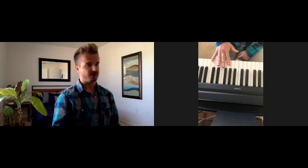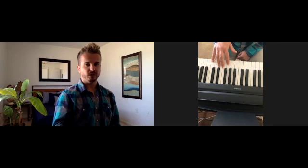Okay, I promise that I will mention the difference between half step and whole step. Before we go there, I first want to talk about the position of your hand while you're playing piano. You will see some videos where people are playing with their fingers flat like this. I'm not saying you cannot play this way. It's much harder though. I want you to always think of having a ball in your hand and you're trying